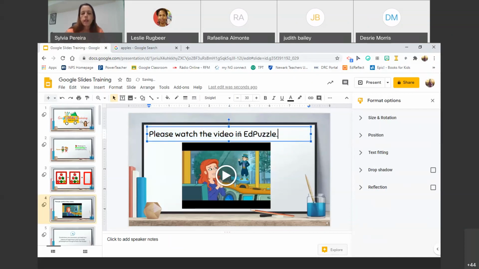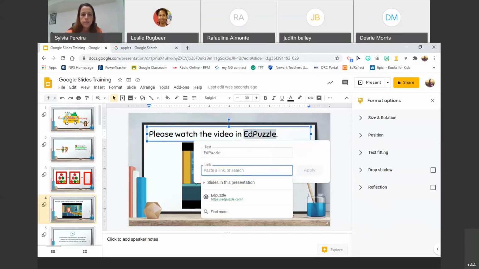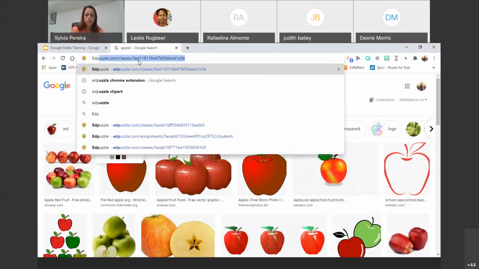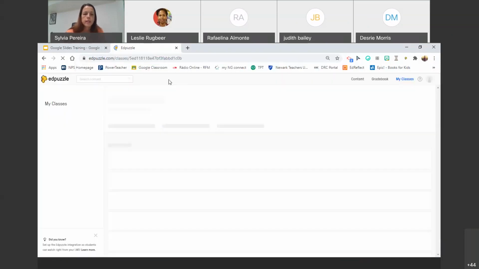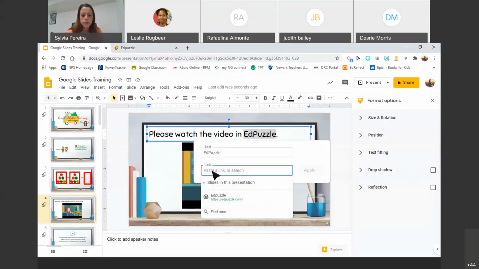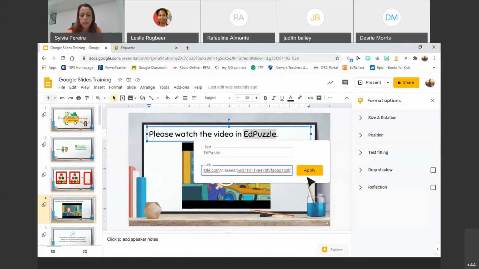I'm going to hyperlink where I want them to go. I would highlight the word, click the hyperlink. I need to go here, open another tab to get Edpuzzle. I already have an account,